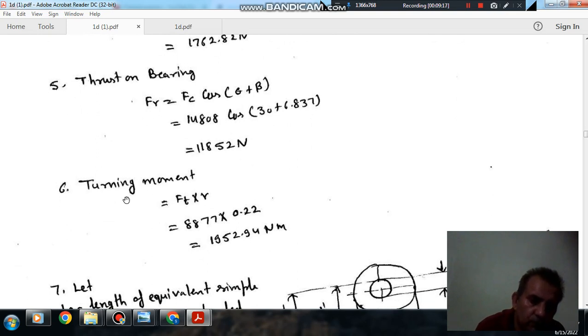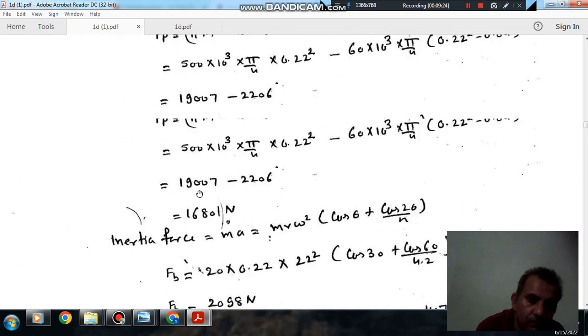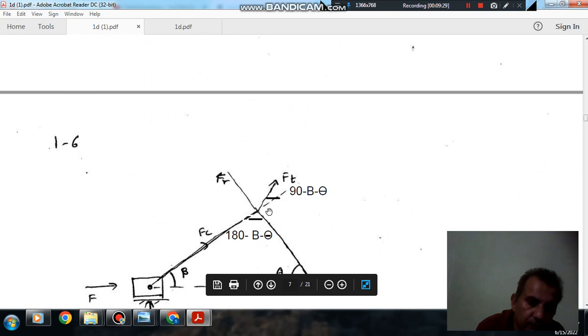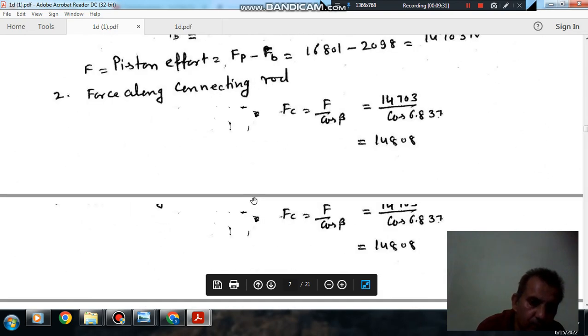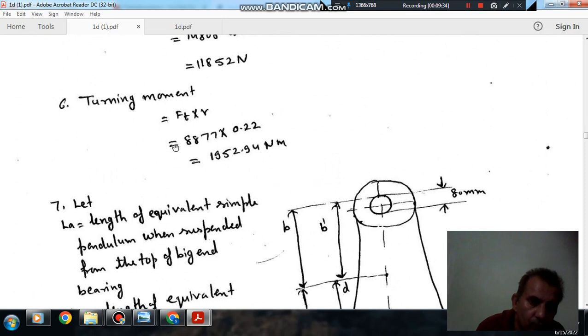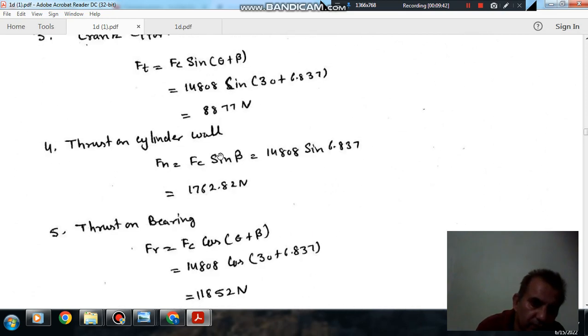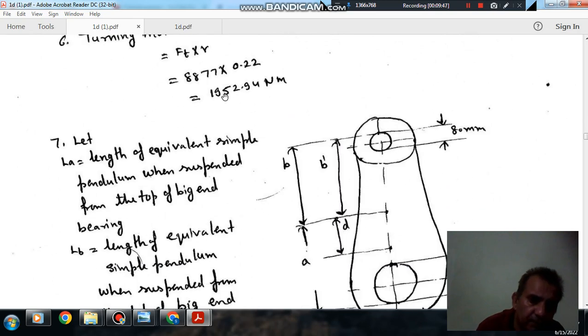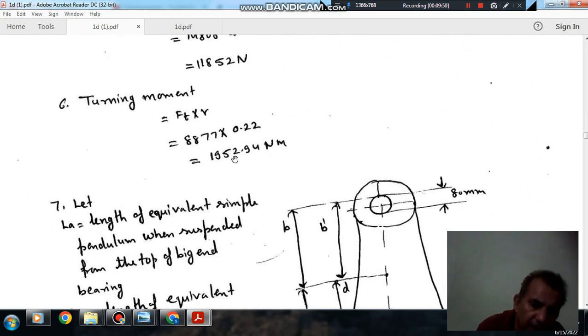Okay, so now the turning moment is Ft into R. Ft is 8877, the crank effort we have found out, and R is 0.22. If we multiply it by R, the radius of crank, then it will be the turning moment. So that will be 1952.94 Newton meter. So the answer is